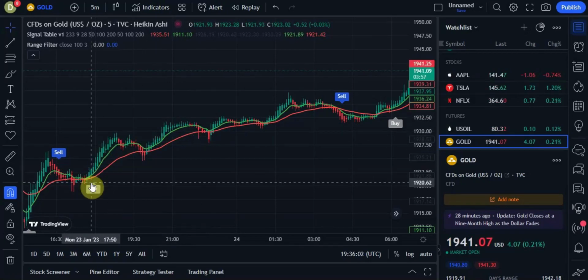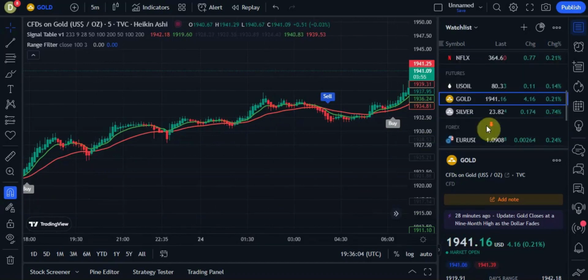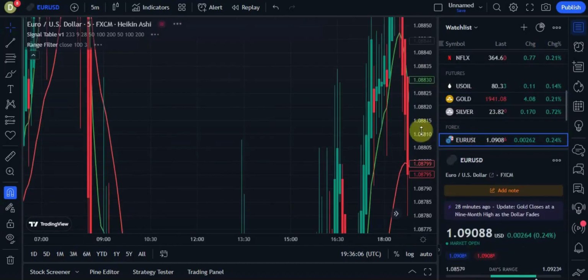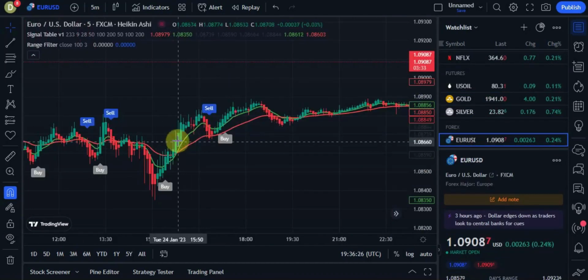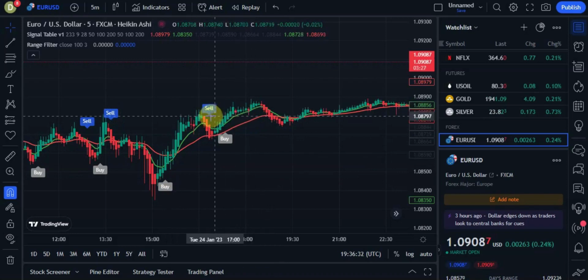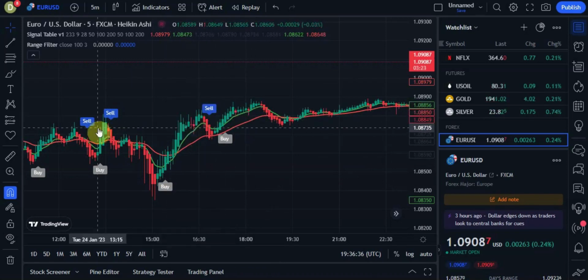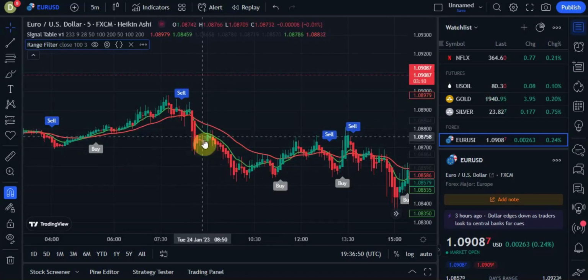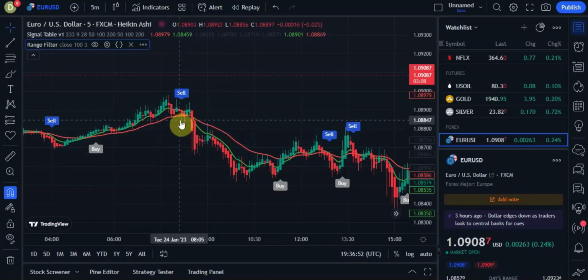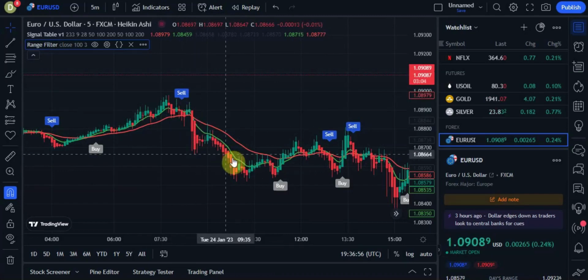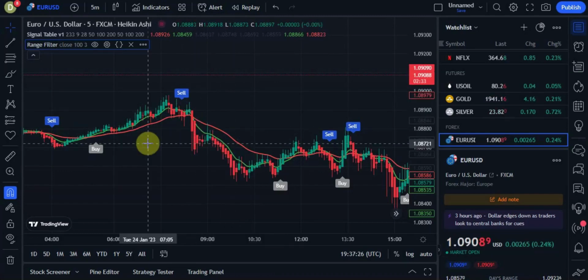Also, let's take a look at the Euro USD chart. Here we see we have a section where the green line is above the red line, and we've also got a buy signal here. And here you can see the market going upwards. So this is another good signal here in this case. Here's another great signal here, guys. We see the red line above the green line. Here the market is going downwards, and we've got a sell signal that we could take here. So you can see this is a very accurate setup here, guys, and hopefully it can give you some profitable